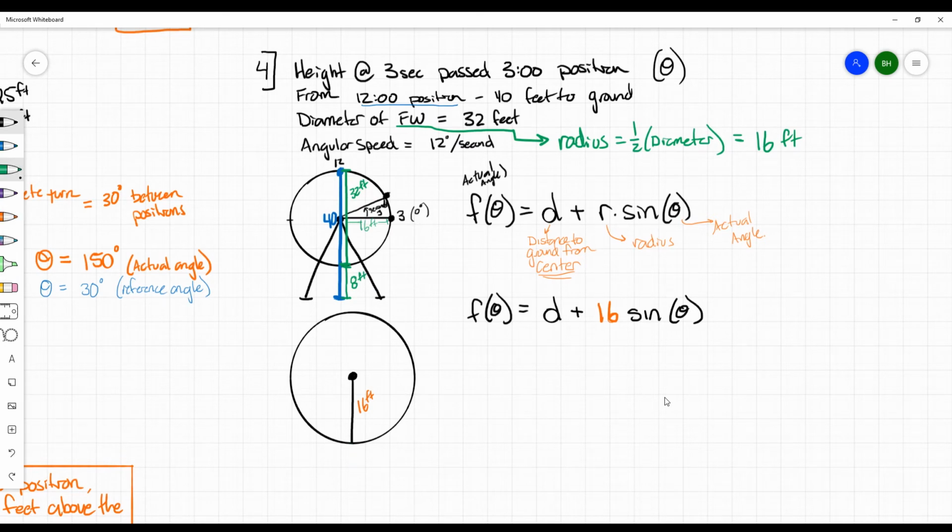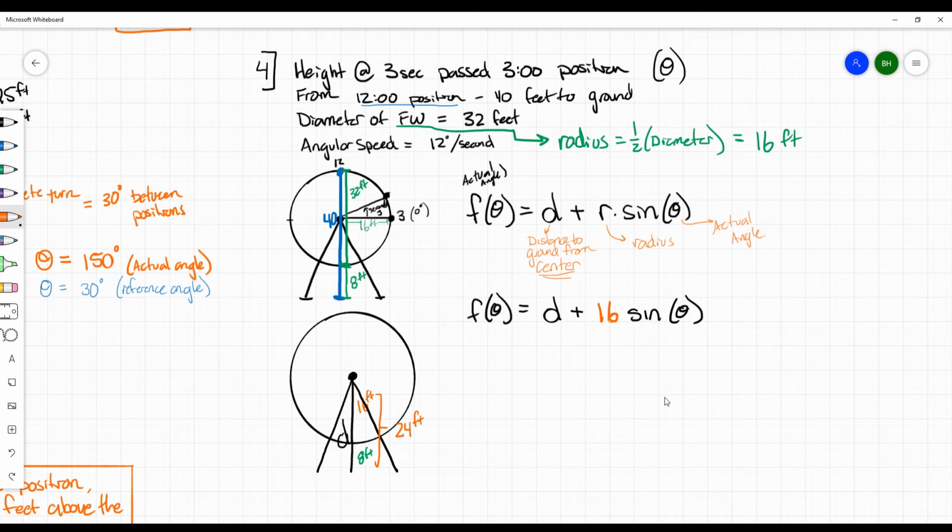Actually, let's do black. This little sliver is 8 feet. So according to this problem, there's our Ferris wheel. This distance is a value of d. That's what we want. Well, in total,